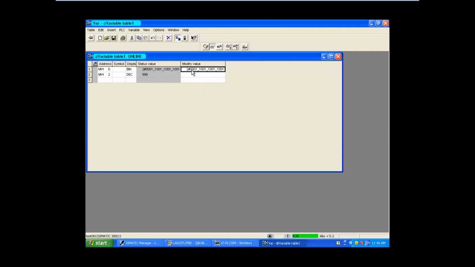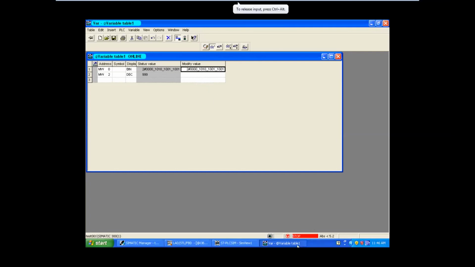Got it? Now again I want to show you one thing. Suppose your value exceeds 999. For example, I have given 999 here, no? Suppose I change the value to more than 9, okay, this is 10, right? A. Correct. So if I update, see, nothing is updated, but your PLC is stopped.